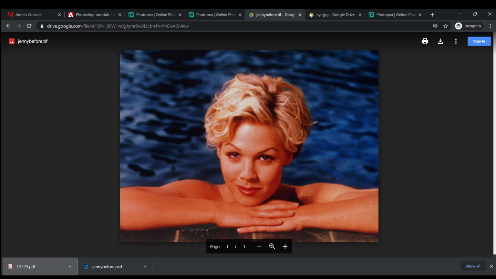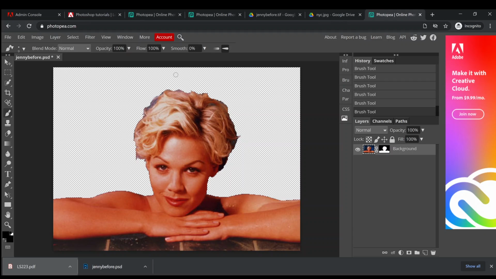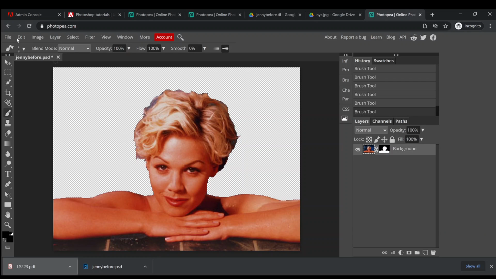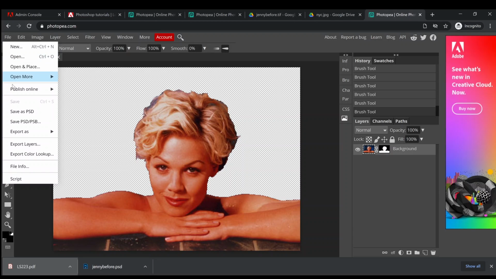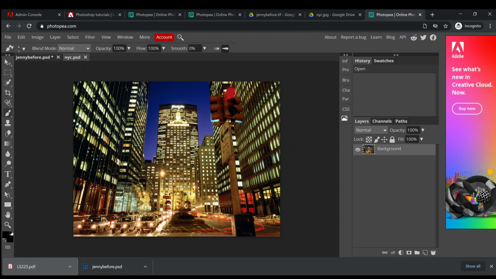All of these photos are provided to you in the description below and on Jupyter. This is the New York City building. You can download this photo by clicking on this download button here. I've already downloaded that photo, so I will go to File and then Open. And now I have opened the New York City